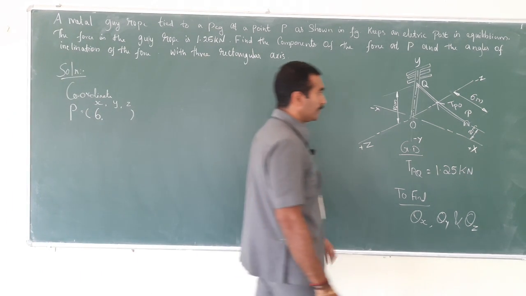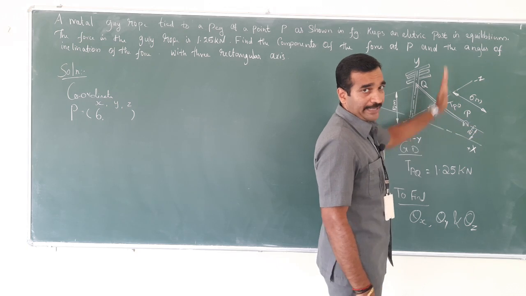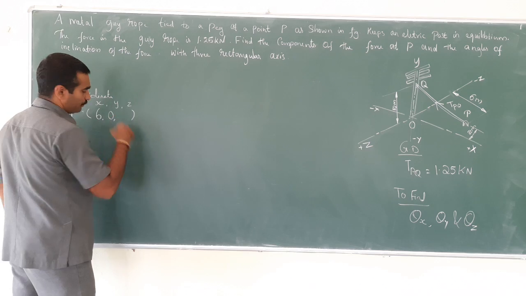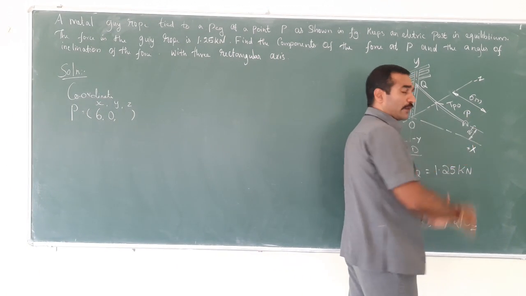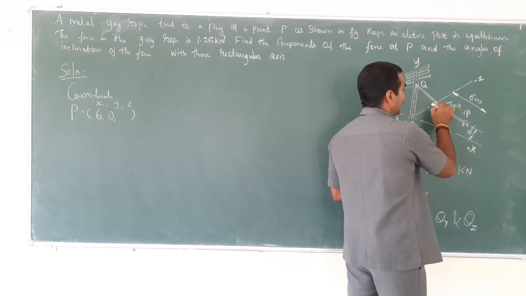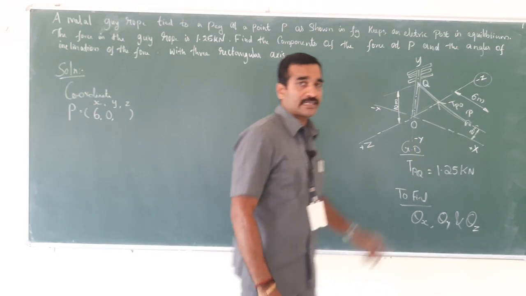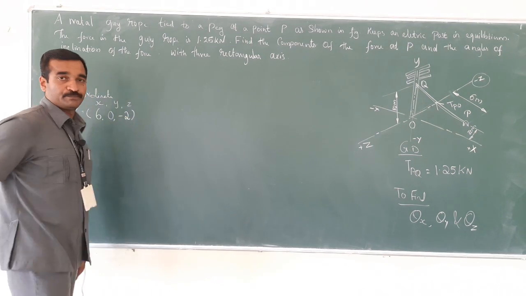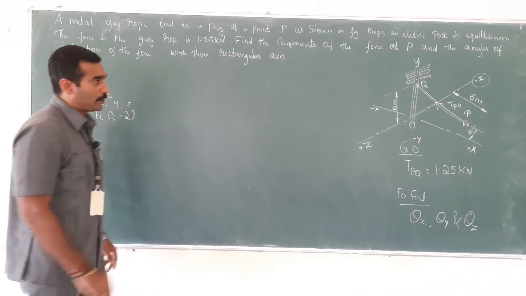comma. Then what about y? It is on the ground, so therefore there is no y-axis component. Therefore it can be considered as 0. And how far is it located from the origin along the z-axis? Look here, it is 2 meter, but it is in the minus z-axis, so the value should be mentioned here as minus 2. Got it? Then next, the coordinates for point Q.